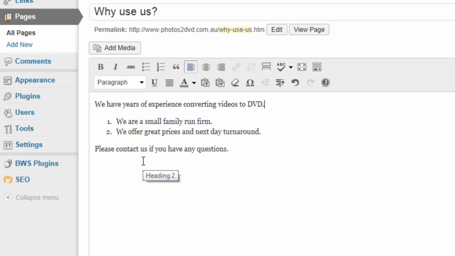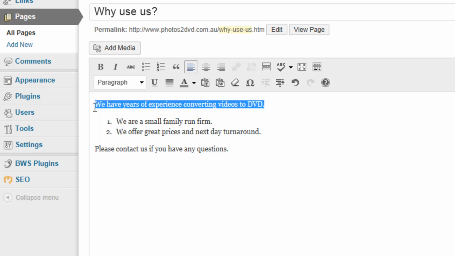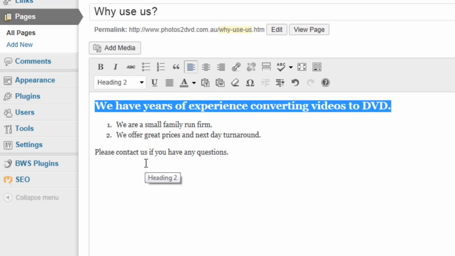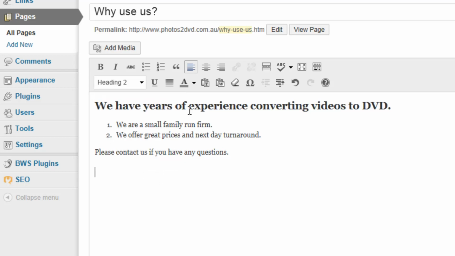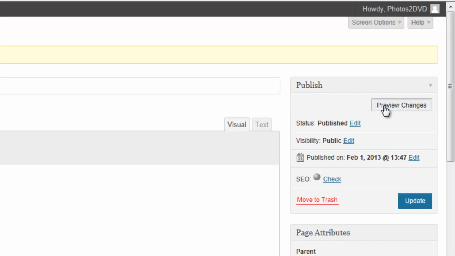If I click here on where it says header 2, whoops, I have to select it first. If I select that and then apply a header 2, as you can see, that is now a header 2. You can see, because if you click within it, it says it's a header 2. You go someplace else, it's not formatted, and that's just using the paragraph styles, but this is using a header 2 style. And if you go and see how that previews,